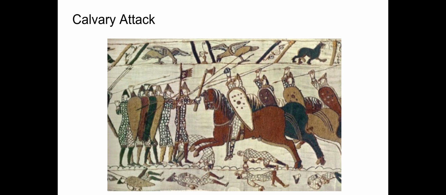It gives you a great indication that the Normans, who are on the horses, are leading a battle strategy that is basically horse-driven for the most part. They attack and fight their wars mostly on horseback. So that's what it means by Cavalry Attack. You can see the horses there. You see the soldiers and their weapons, axes, spears.